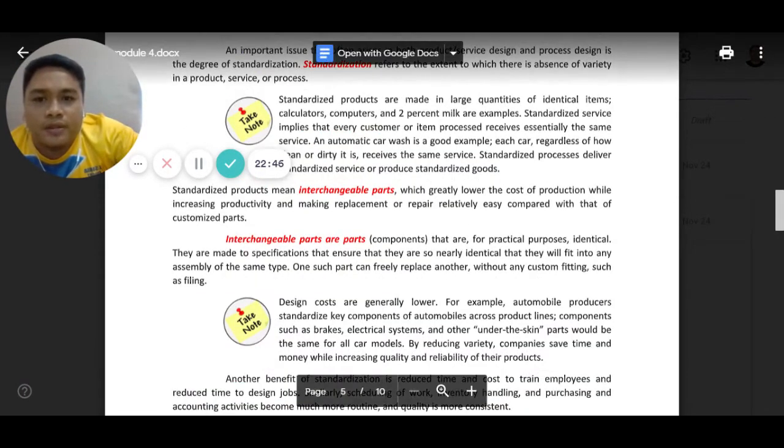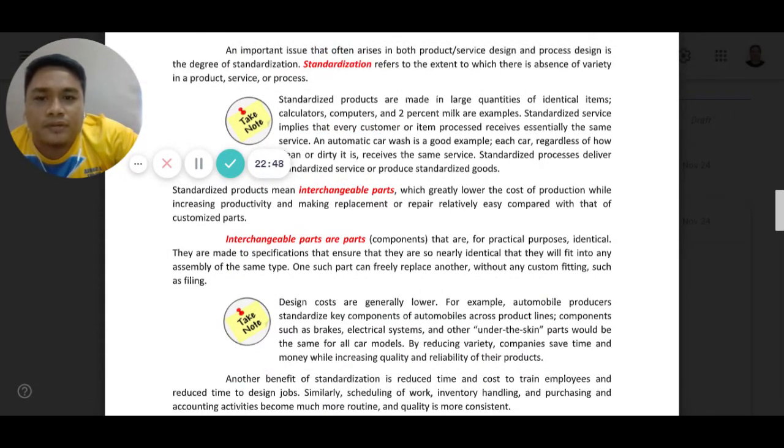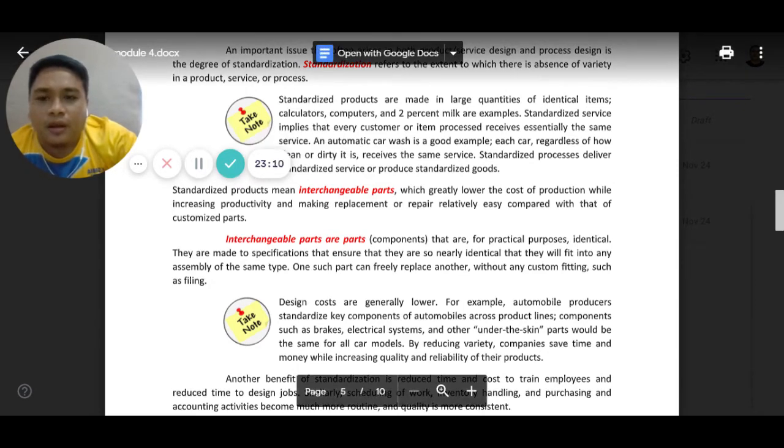So when we say standardized products in terms of standardization, these products are made in large quantities of identical items such as calculators, computers, and 2% milk are examples. Standardized service implies that every customer or item processed receives essentially the same service. For example, okay,